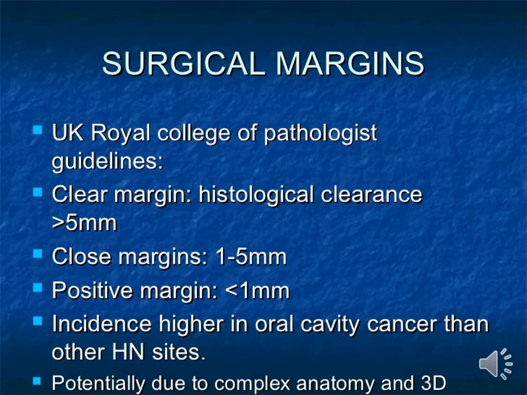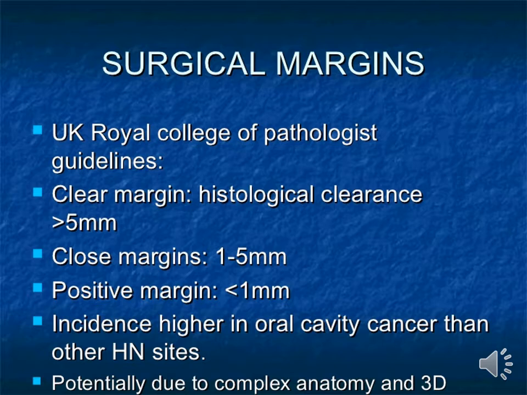The surgical margin. There is a safe margin when doing any surgery. This depends on the United Kingdom Royal College of Pathologists guideline: a clear margin is histological clearance of more than 5 mm, a close margin is between 1 to 5 mm, and a positive margin is less than 1 mm. The incidence is higher in oral cavity cancer than other